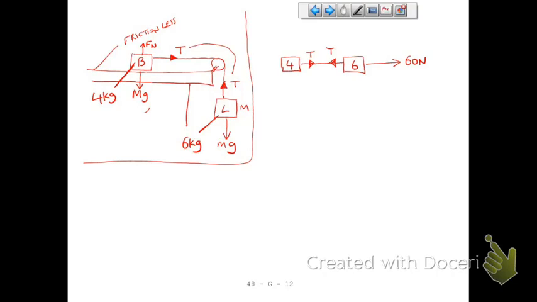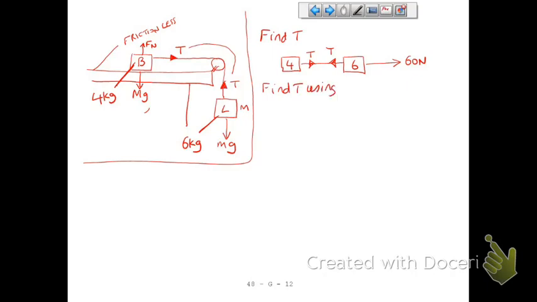There's a number of ways of doing this. I'm going to show what I think is the most efficient way. So the first thing you do is you draw yourself a decent diagram. And then, it turns out you've got to find the acceleration on the way to finding the tension. So I might as well teach you how to find the tension, because in doing that, I'll teach you how to find the acceleration. So find T using,